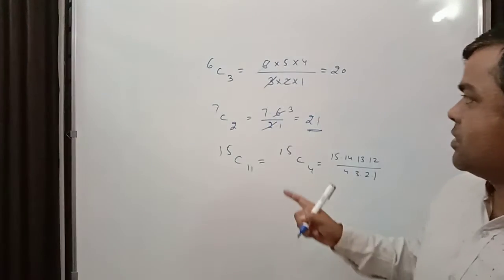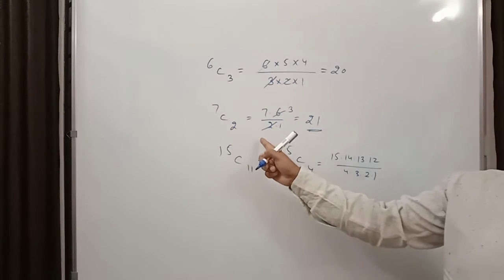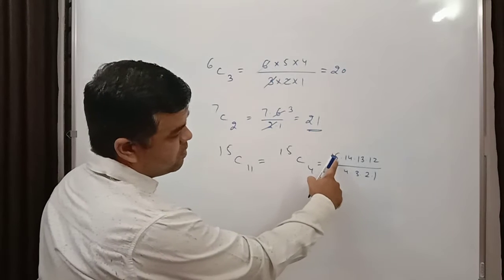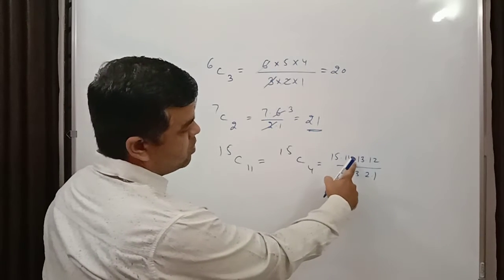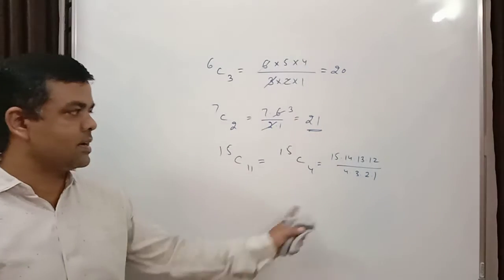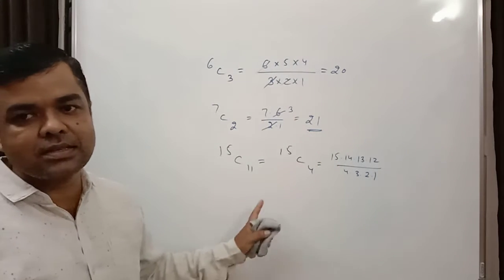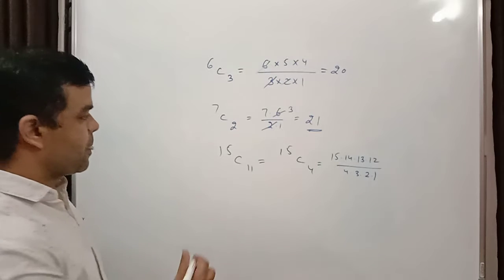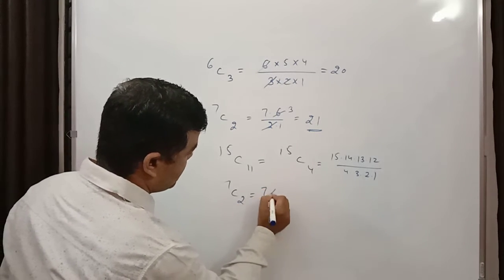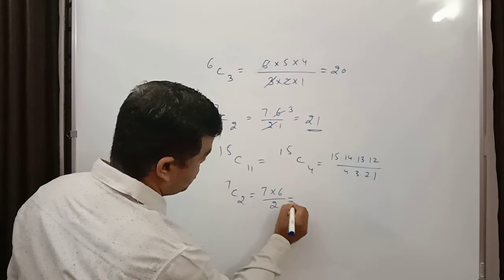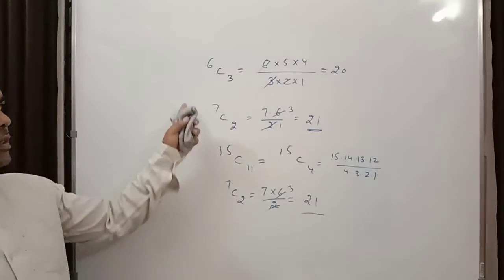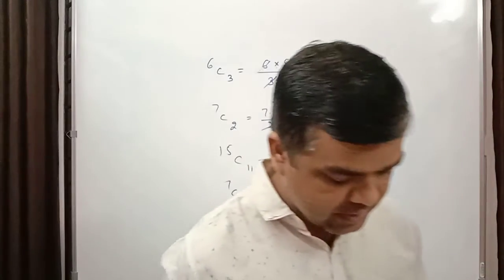You don't need to remember the formula of permutation and combination. Whatever number is given, write up to that many terms, then write factorial 4, that is 4 3 2 1, and cancel it. You will get the answer in less than 5 seconds. Suppose 7C2 is given, then 7 into 6 divided by 2, 21. Very easily you can get the answer.